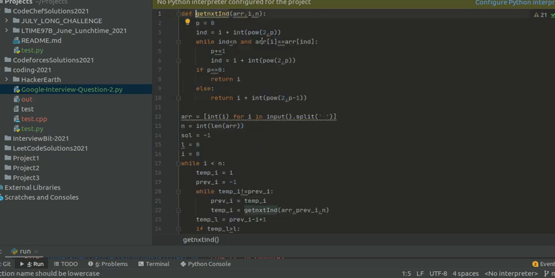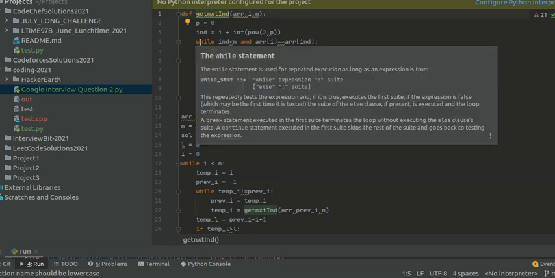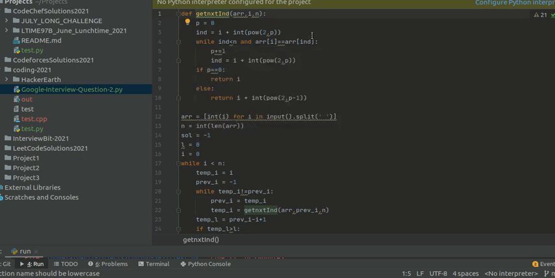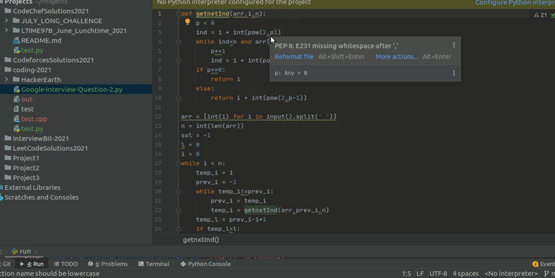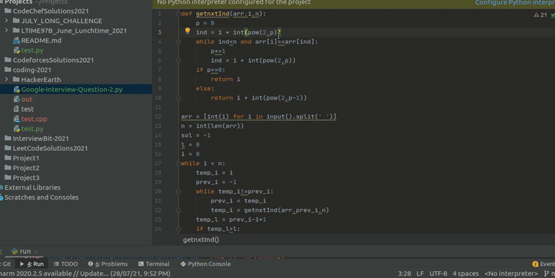In this function get next index, we are defining the array starting from i to n, then initializing p as 0. Then we are doing index as i plus, since from i we need to check, and p will be initially 0, because 2 to the power 0 is 1, so we will move one step forward.